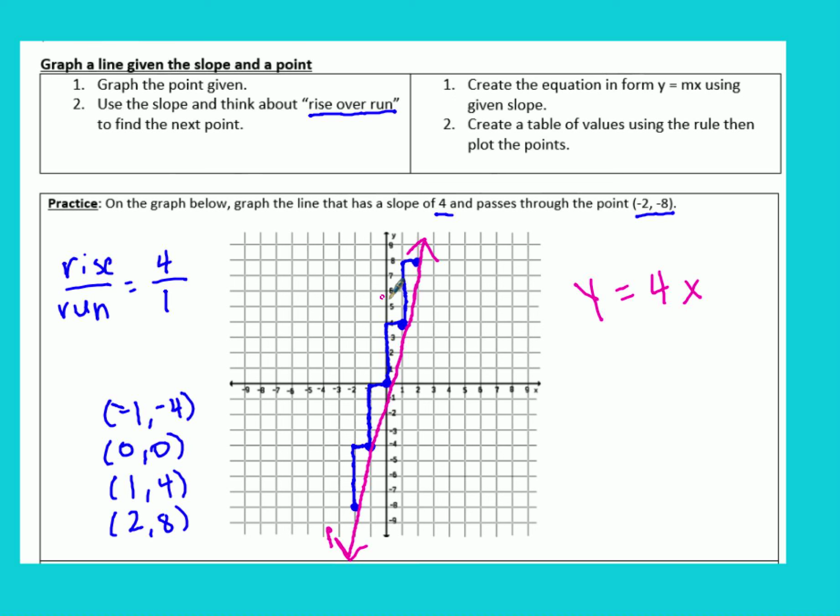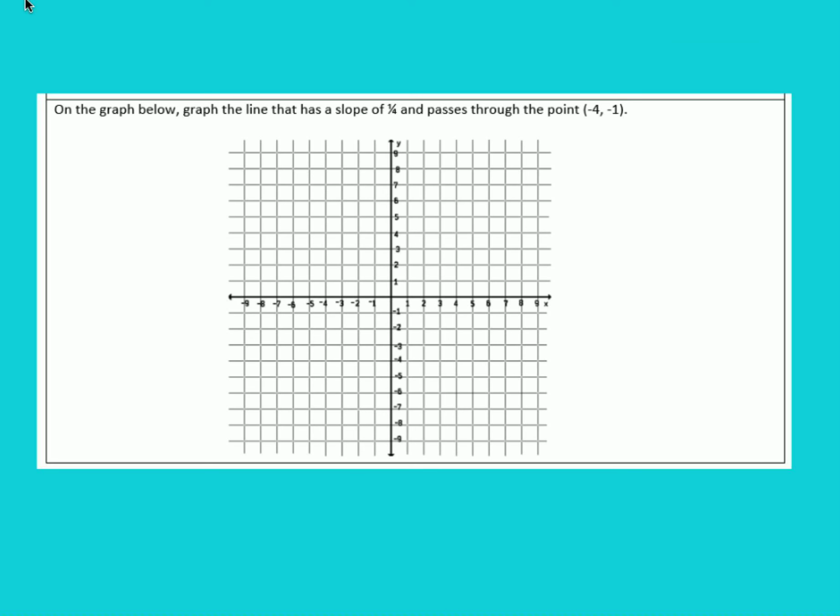I personally like this method easiest because you can just follow your slope and go up 4 over 1 each time to make your graph. Now, the other way that you can do it, we can show in this next example. So the slope that's given to you is 1/4. So remember that slope is 1/4, and we can write our y equals mx form to make a rule here. So y is going to equal 1/4 x. So that means that every x value we want to test out, we can plug into this rule and we'll get a y value. So you can actually make a table of values here